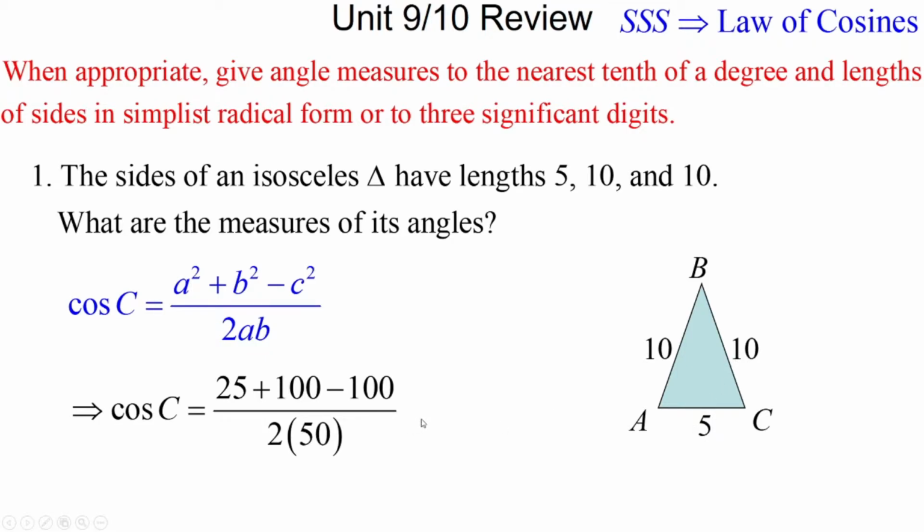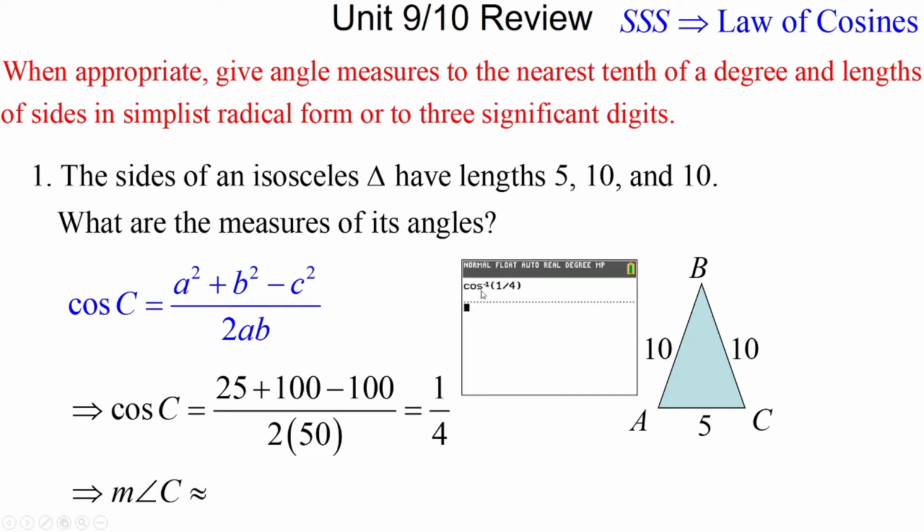All right, and that equals, looks like we can simplify this pretty easily, 25 over 100, or 1/4? I am going to simplify that one. So now, cosine of angle C is 1/4. Does that sound familiar on the way we did it? Didn't we get a 2.5 over 10? So I'm going to go then, the measure of angle C is approximately, and again, inverse cosine of 1/4 is